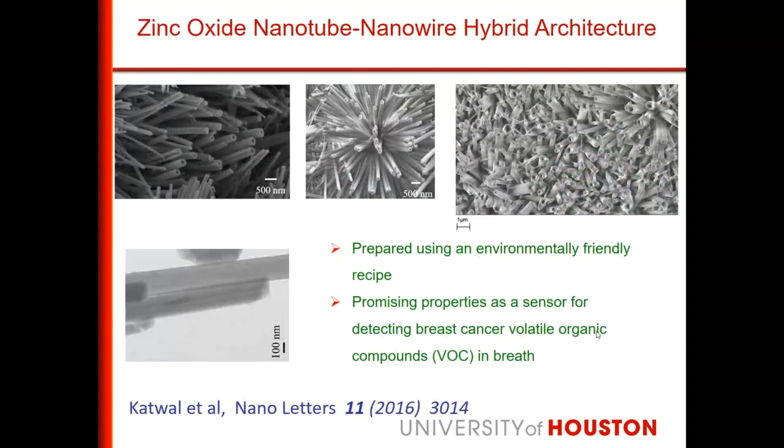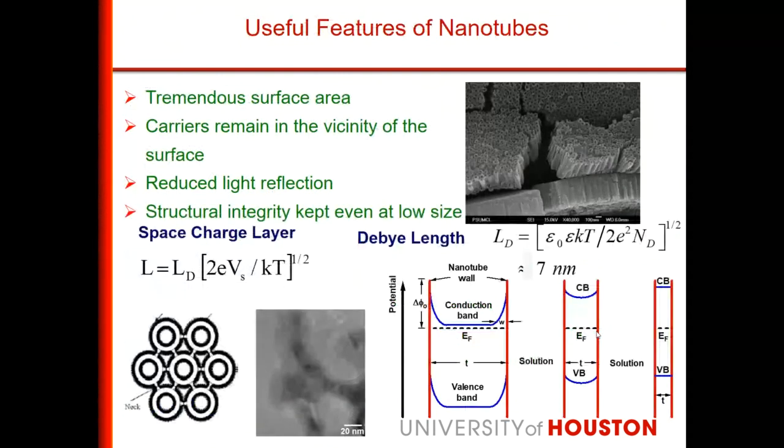So far we just passed through the titanium dioxide nanostructure. This is another nanostructure we developed. This is zinc oxide. You can see the straw-like nanotube grown on the surface of the nanotube. We will discuss the application later.